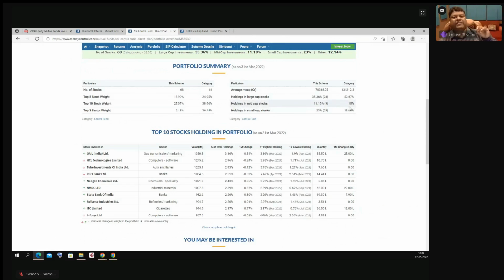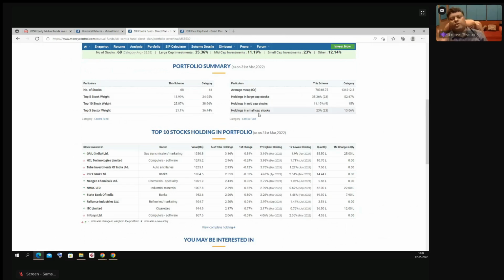And 11 and 15 are more or less very similar in the mid cap segment. But they are less in large cap and more in the small cap. You also want to decide whether you want to take this kind of risk or not. If they are more in the small cap, do you want to go? Do you want your money to be invested more in the small cap? That's one of the decisions that you can take while you are looking at the portfolio.